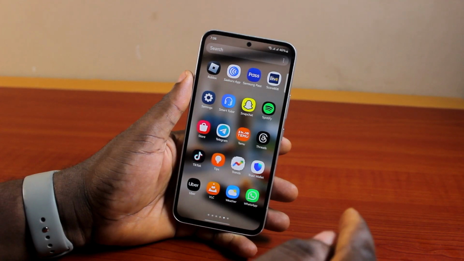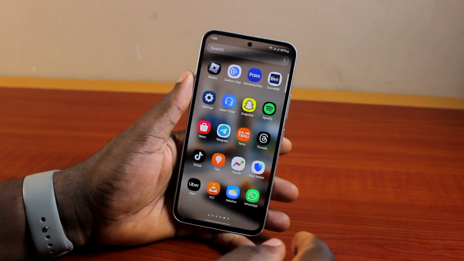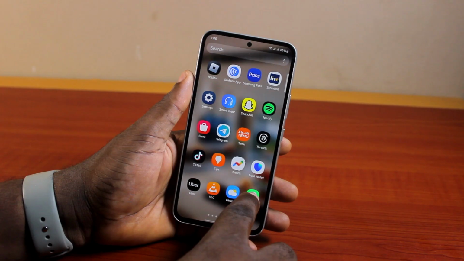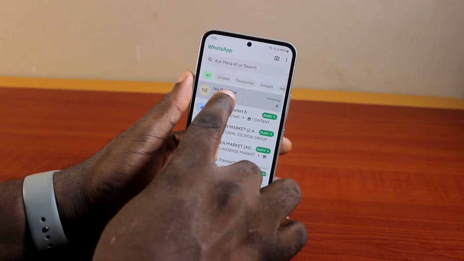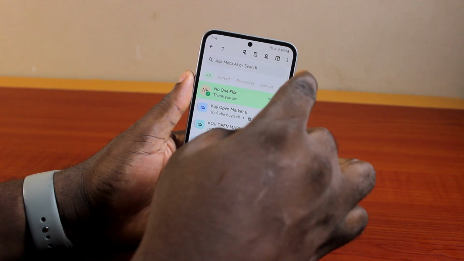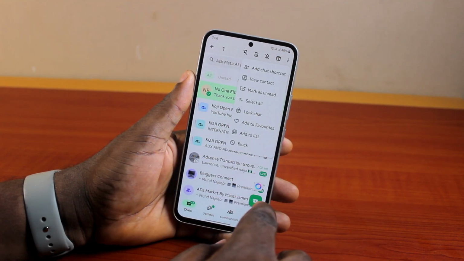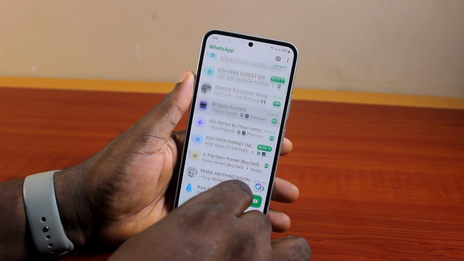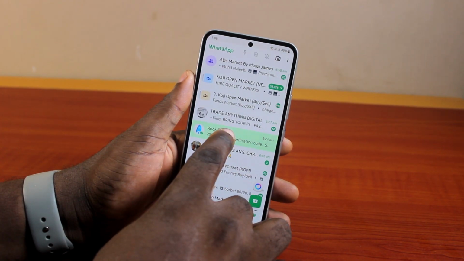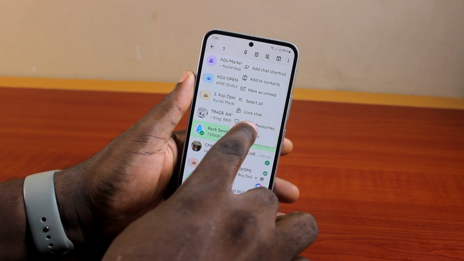Now to mark WhatsApp chat as unread on Android, all you need to do is go ahead and open the WhatsApp application on your phone. Locate the chat you want to mark as unread and then press and hold it. Click on the three dots at top right. Then you should see mark as unread. Check that. Then again, locate another chat, repeat the same thing, click on the three dots and then mark as